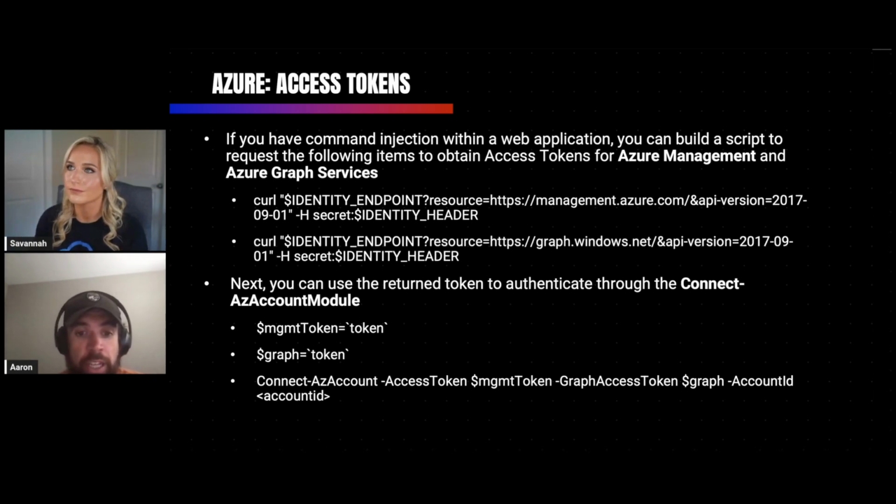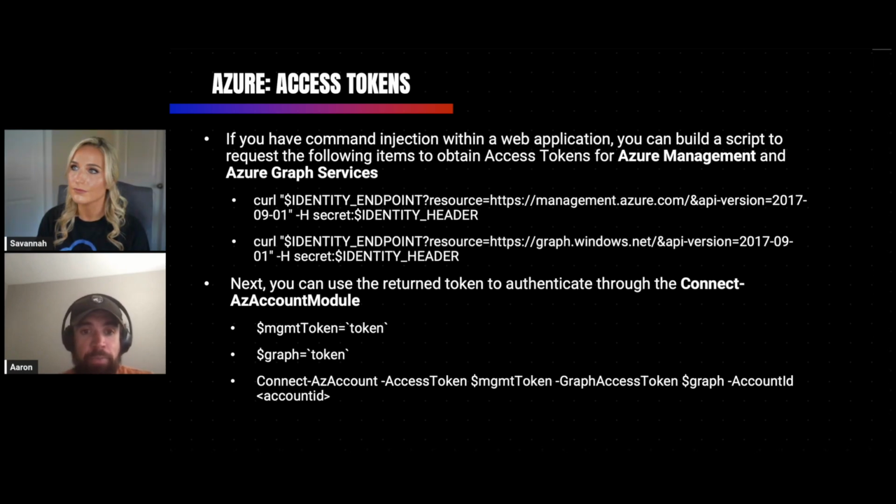Azure Access Tokens. Okay, so we'll start by talking about managed identities. So when you use managed identities, this kind of falls under that principle of least privilege. What you're trying to do is grant a specific resource, such as a web application, access to other resources, such as storage accounts or Azure Vaults. This is useful when you're granting a web app access to other private resources without storing connection strings and configuration files or source code, or without giving that web application too much access to do other things and have other permissions within Azure.